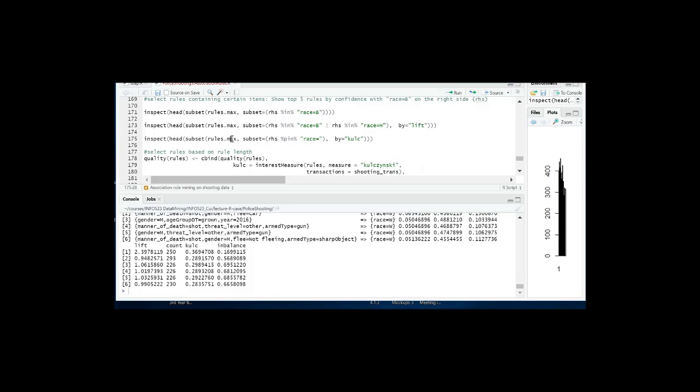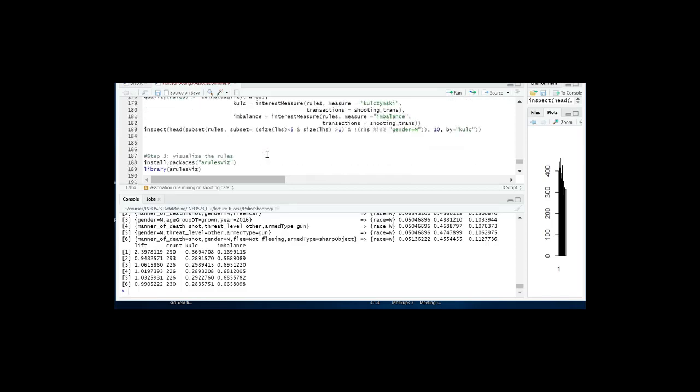So the maximum rule set, as our definition tells us, contains the longest rules. Examining only the maximum rule set may not actually reveal all the information there is. So you can also check the qualities by using rule length.